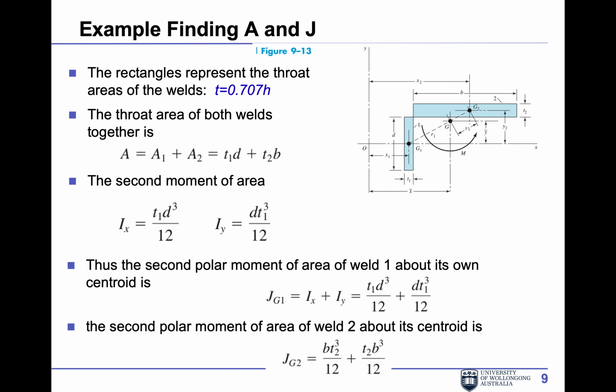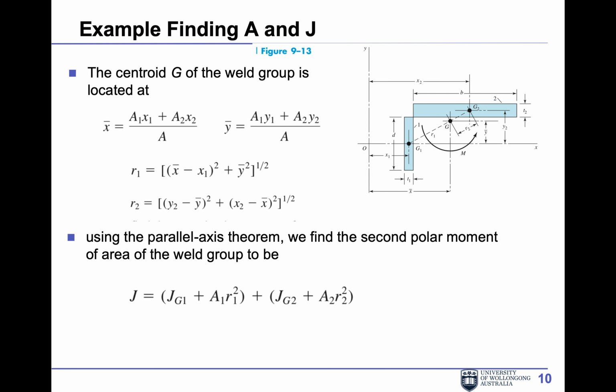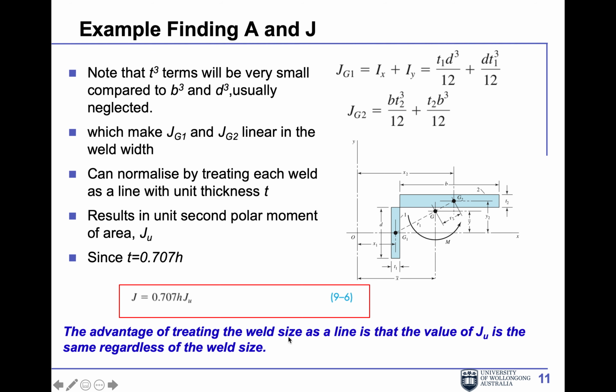If in the case you can't find anything from the tables, for example, this is a case that is not existing in the table, then you have to derive it like this. You find where the centroid is, where the distances are, then do it completely manually. Okay? And also you have to look at